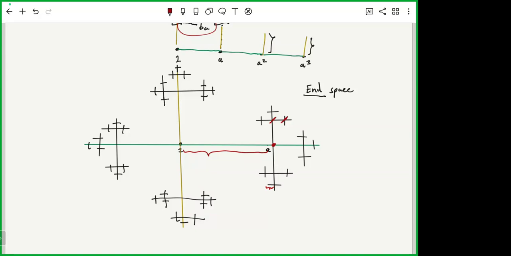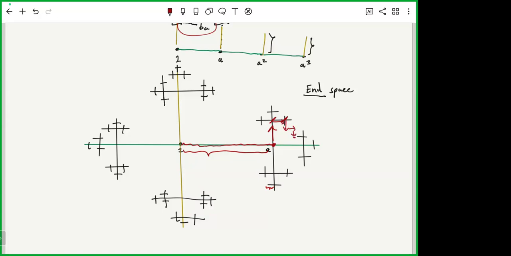A ray here is: first I choose A. It has to be an infinite reduced word, so I cannot backtrack again. I cannot go back. I need to go in one of these three directions, and I need to choose one of them. It's the same every time. Let's say I choose this one, so I'm now here. Again, I can never backtrack. This is not allowed. It has to be a reduced infinite word. If I go like this forever, this is how I could classify all possible ends.